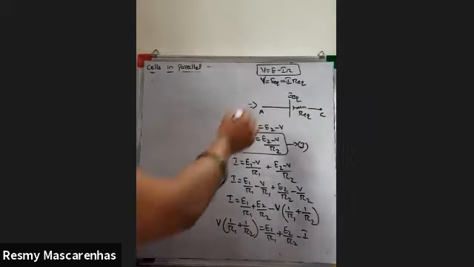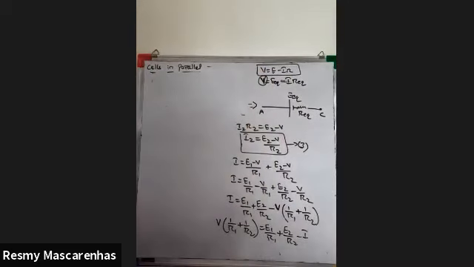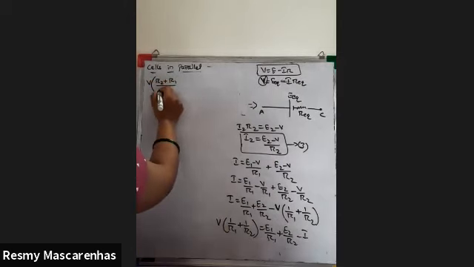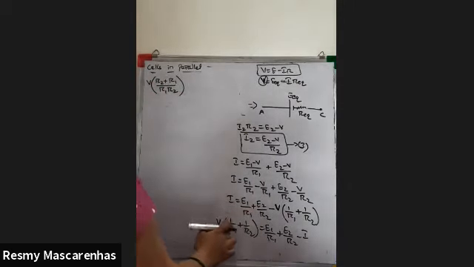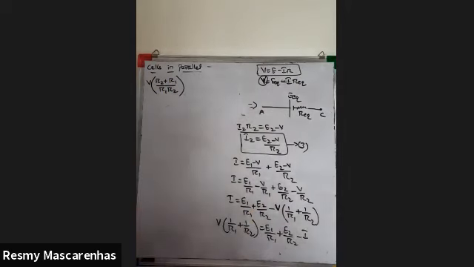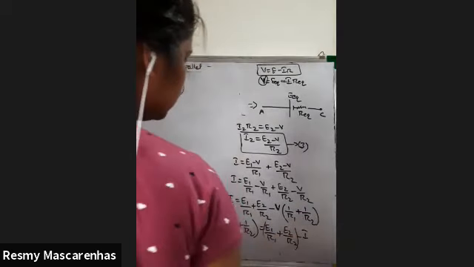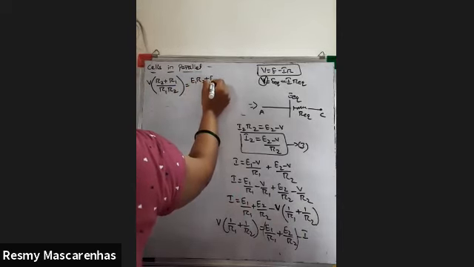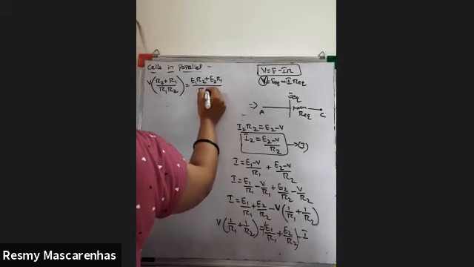Now, I want only V on one side. I want all the terms on the other side. Correct? So what I do is, first I'll cross multiply this. So I'll get V times (R2 plus R1) upon R1 R2. Similarly, I will cross multiply this as well. So this will be equal to (E1 R2 plus E2 R1) upon R1 R2